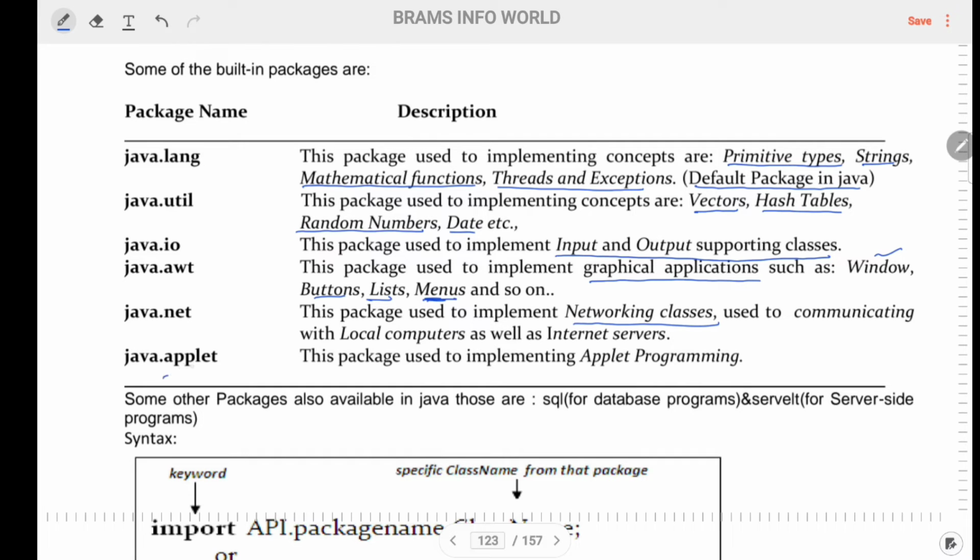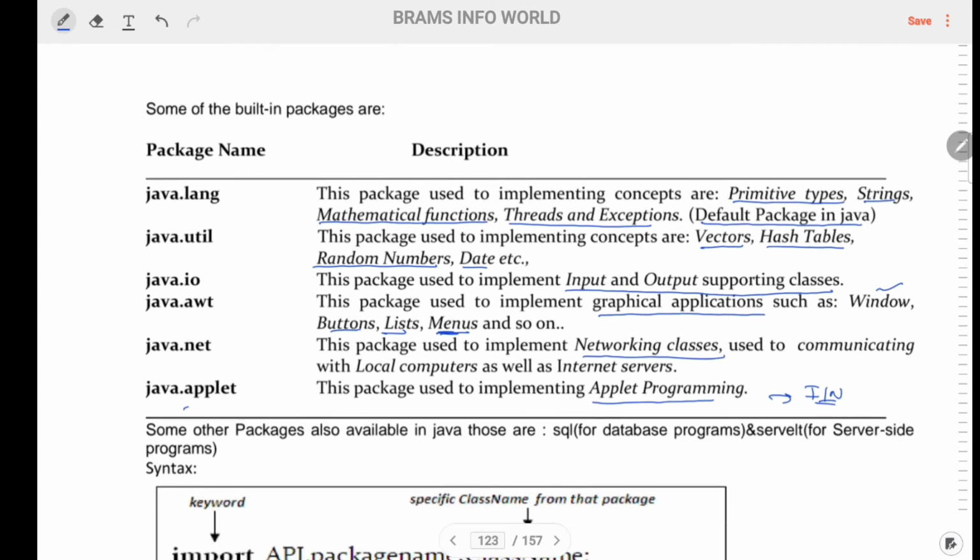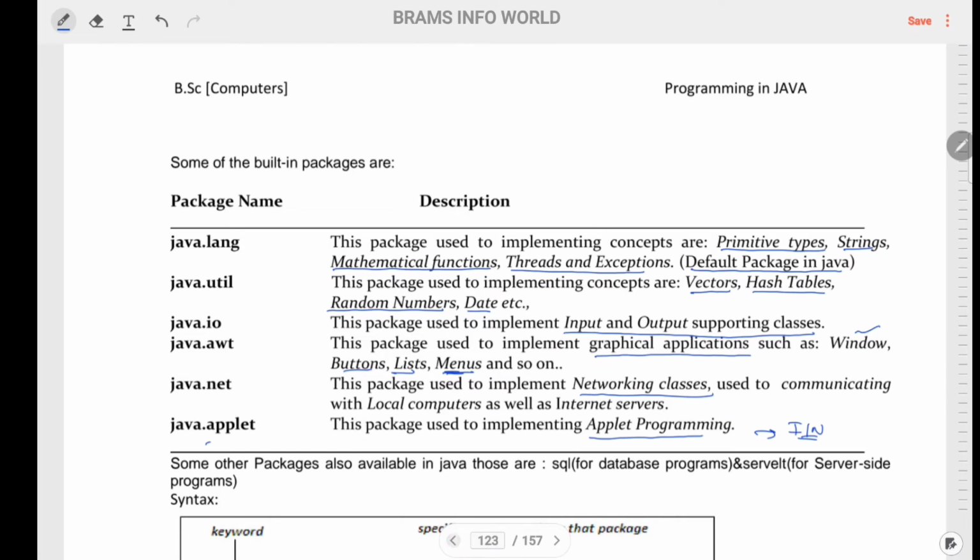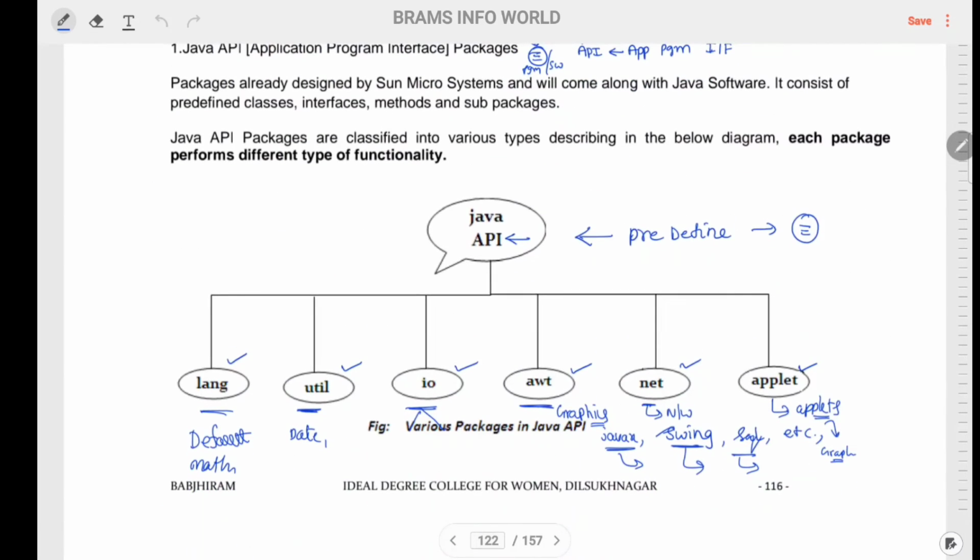And the applet package is used to implement applet programs, which strongly support the internet. These are the packages that come under built-in packages, followed by the information in the table.